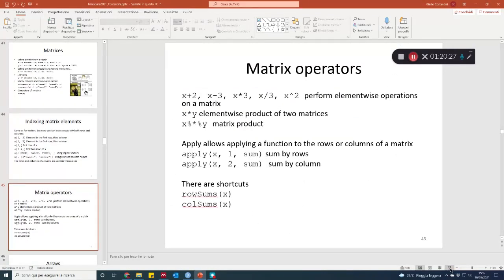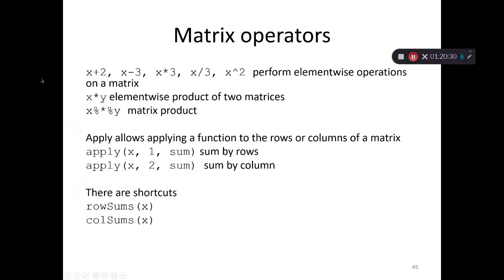Okay, now here I show you how to perform matrix operations. What can we do? Well, you can add, subtract, multiply, divide, and exponentiate numeric elements in a matrix. If you have a numeric matrix, this also holds for vectors. And if you do this with 2 matrices or 2 vectors, you can add, subtract, multiply, divide, etc., and exponentiate a matrix or vector by a scalar. You can also